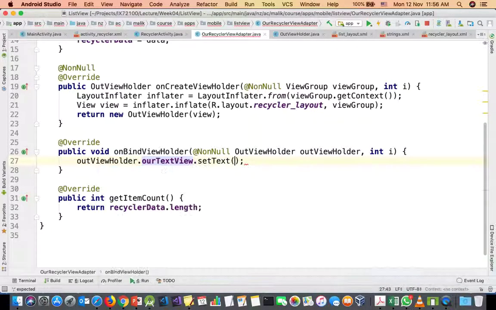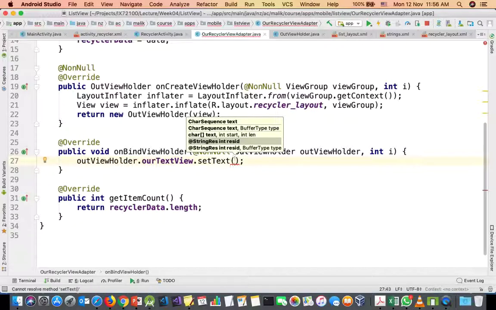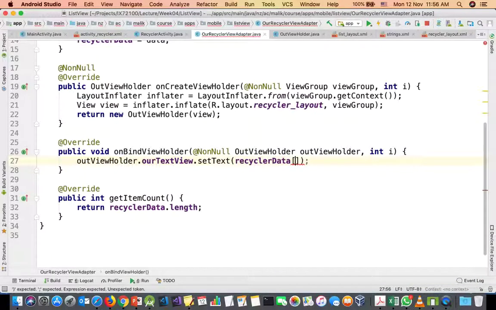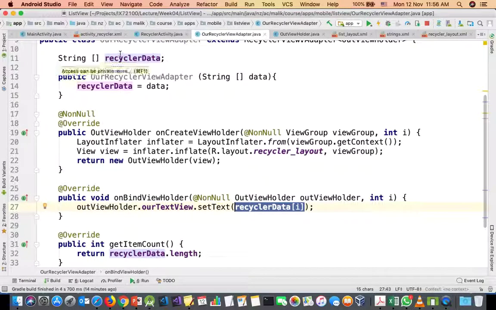that set text. And what do we want to set as text there? We want to say recycler adapter dot, and value I, whatever that value is in the recycler view. This is our data where we are assigning that particular specific thing. So at the index value I, whatever data exists, you set that into the text. Fine. So we are done with our